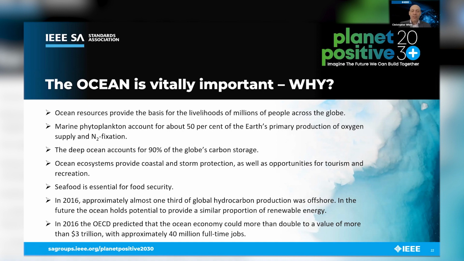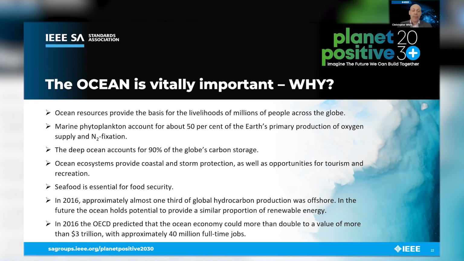Marine phytoplankton account for half of the Earth's primary production and nitrogen fixation. What I didn't realize until I started this project was that the deep ocean accounts for 90% of our long-term carbon storage, and that is actually quite a conservative number. It's a vast majority. Ocean ecosystems provide coastal and storm protection and opportunities for tourism recreation. Seafood is essential for food security and